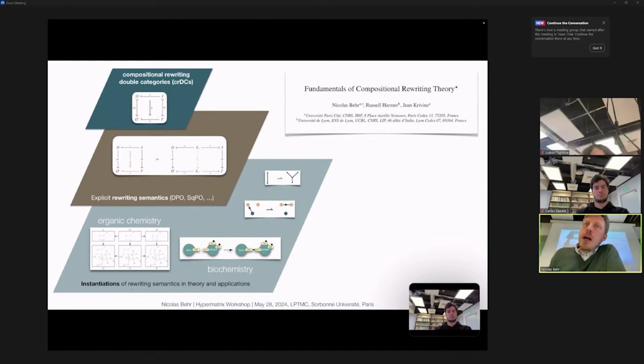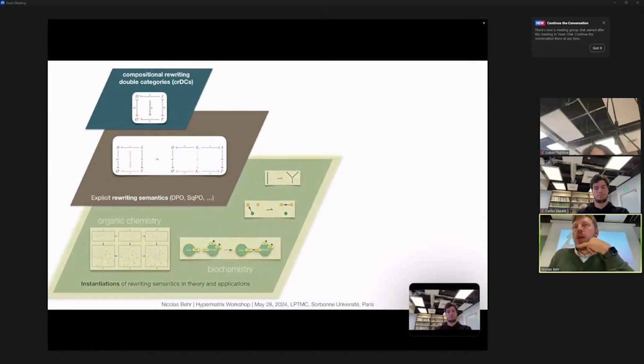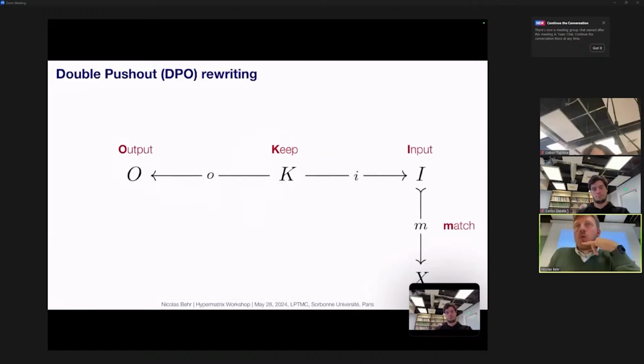So rather than, I mean, we could discuss mathematics, but I rather want to show you the kinds of diversity of examples one can already study right now. And of course, I'm very interested to hear if there are particular examples from hypergraph manipulation of some sort, then it would be nice to check whether this would fit the paradigm. So one very, very popular paradigm is what's called double push-out rewriting.